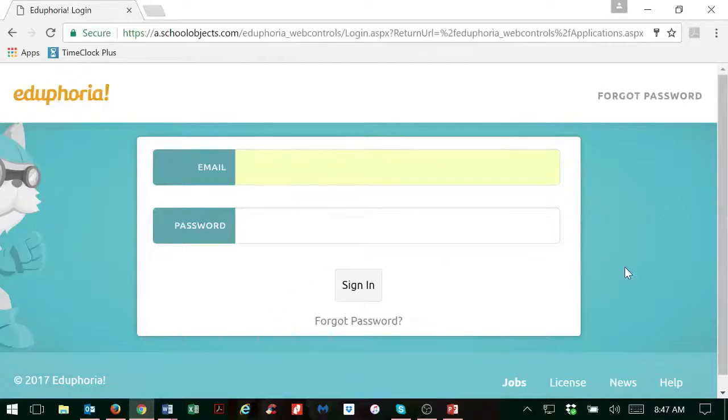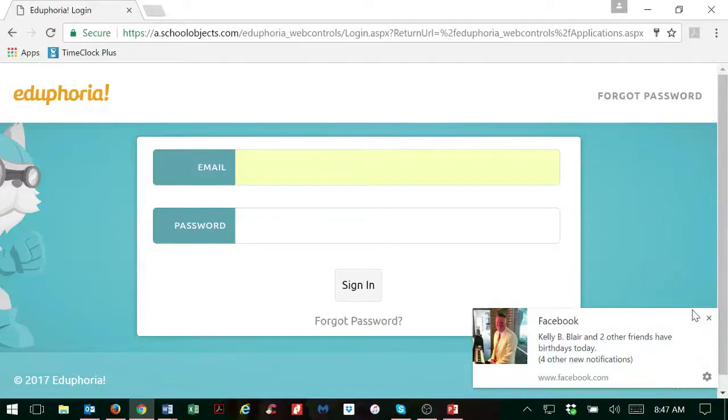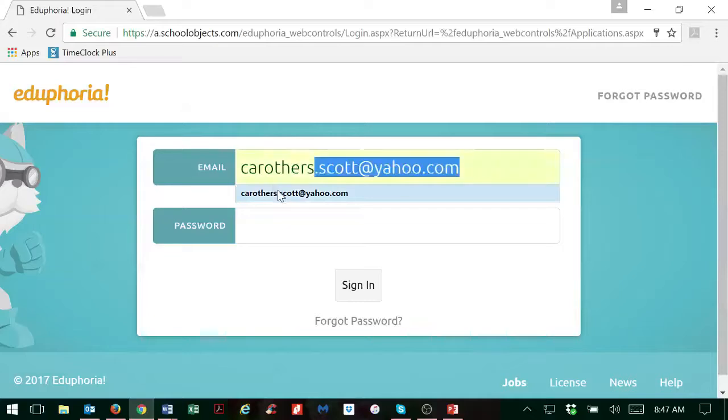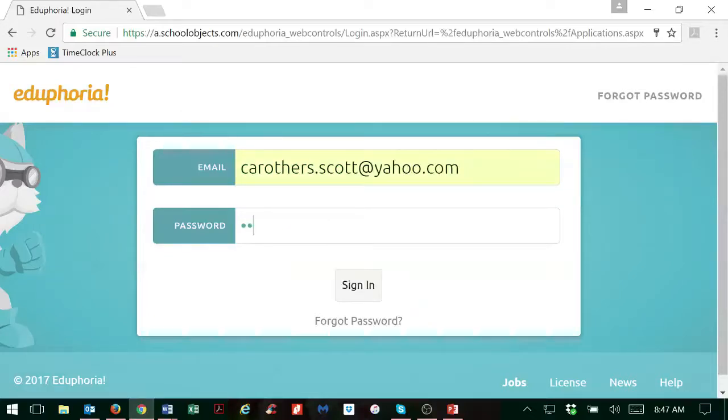This is the opening page for Eduphoria. This is where you will log in once you have a login for Eduphoria and access to Forethought. In order to get access, you'll need your email, which is how we set it up, so it will be your SOPI email. Today though, you're going to see me log in with a different email simply because I'm under a test page in order to demonstrate to you today. So I'm going to log in with this email and insert my password